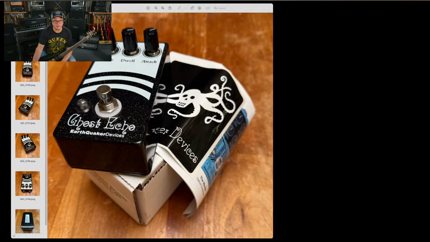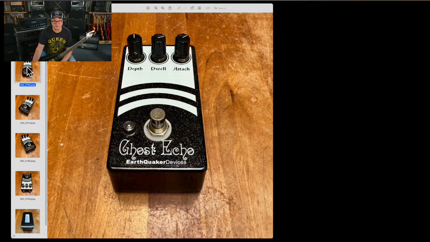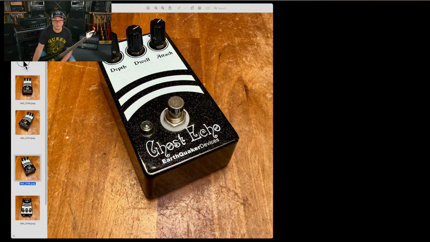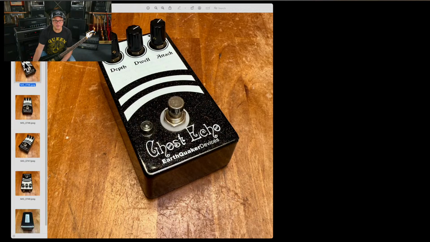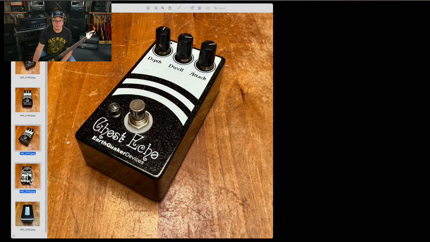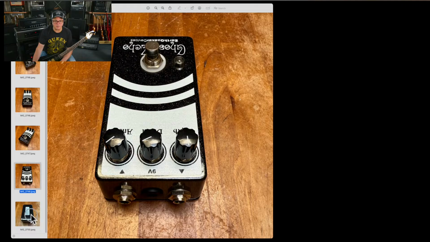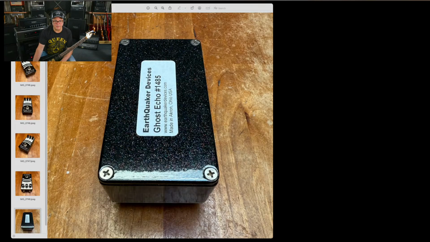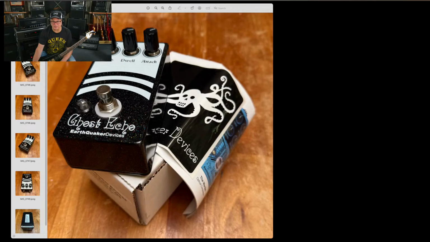So basically what I do is my number one shot is always the box, any case candy, and the pedal. So immediately you know, hey, it's got the box. Then I've actually, as of late, switched the order of my first shot. My first shot is angled this way, straight on, then angled this way, then kind of flip it around 180 degrees, and then the bottom of the pedal. That will tell anybody who's looking at that stuff,